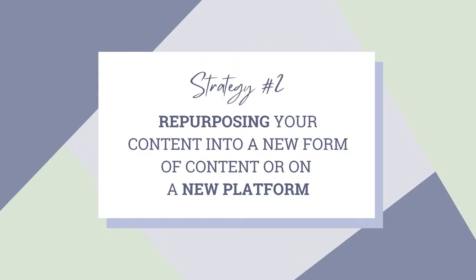Strategy number 2, repurposing your content into a new form of content or on a new platform. So out here on the interwebs, not everybody prefers to read content as their favorite way to digest information. And also, your audience is likely hanging out on different platforms. So by taking your already created blog posts and repurposing them into a podcast, a YouTube video, an Instagram carousel, a reel, a TikTok, whatever you want,